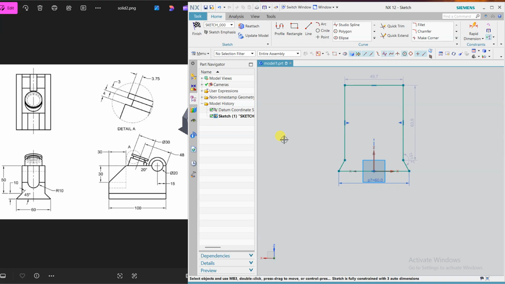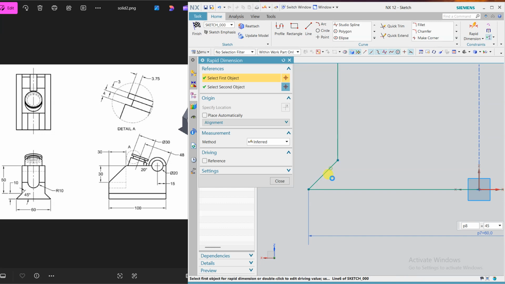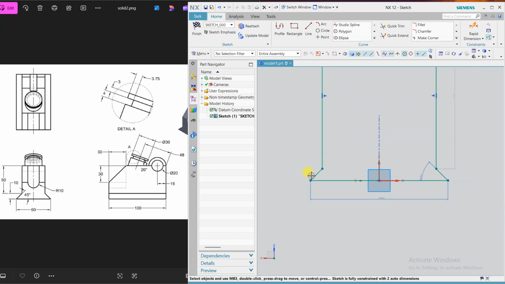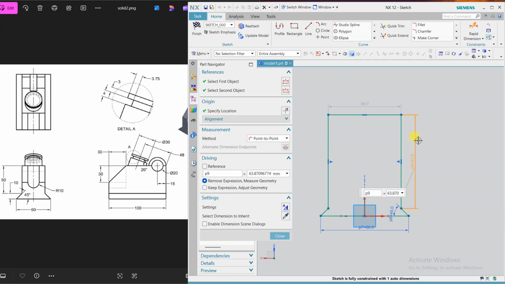Okay, now the angle is 45, so click here and define this angle as 45 and same here, it is also 45, so no need to define, and this gap is 50.